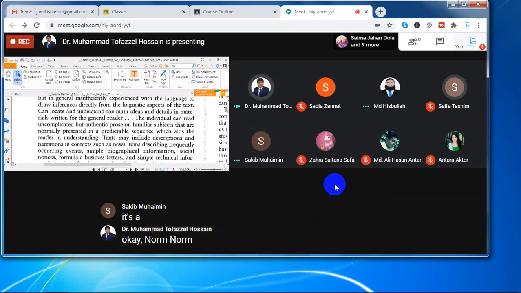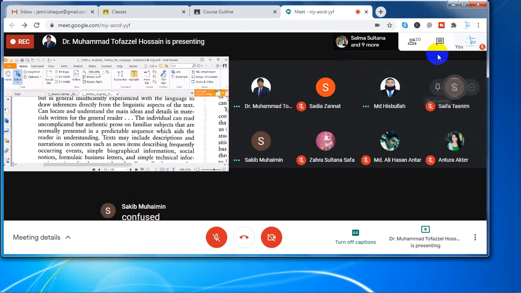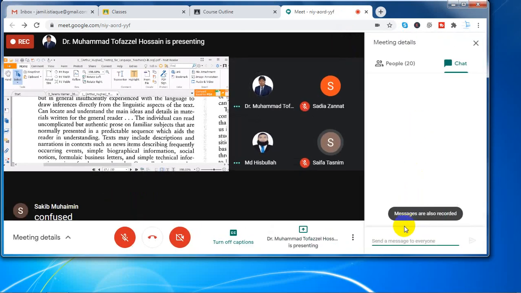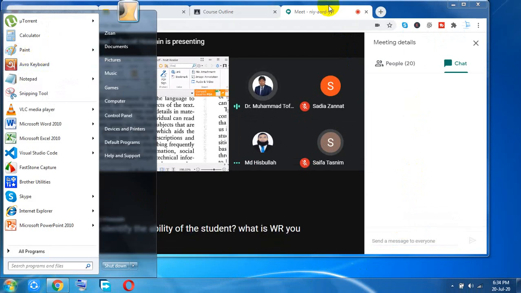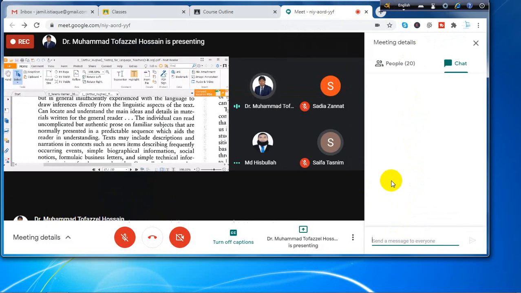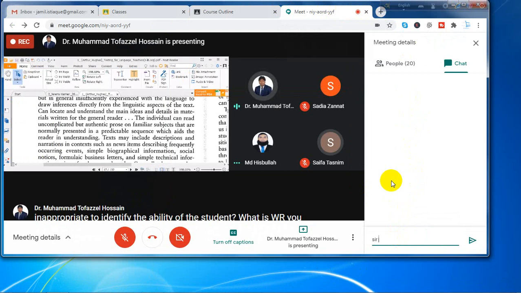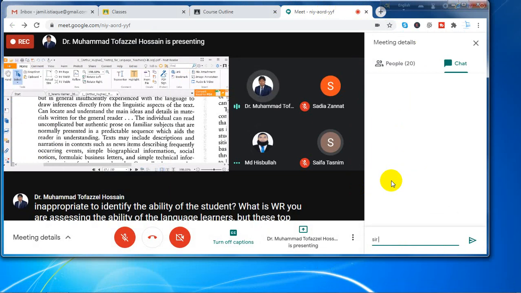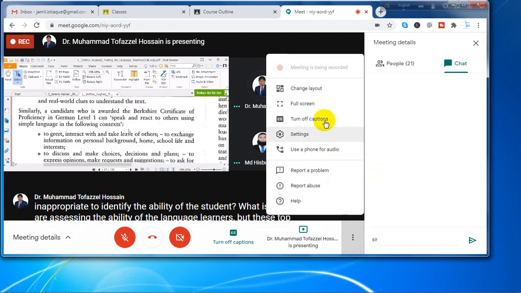So that's why norm-referenced tests are sometimes, what should I say, inappropriate to identify the ability of the student. For example, you are assessing the ability of language learners, but the top 5% or 10% will not really expose the real performance or the ability of the student. Okay, so this is the idea, I think. Then